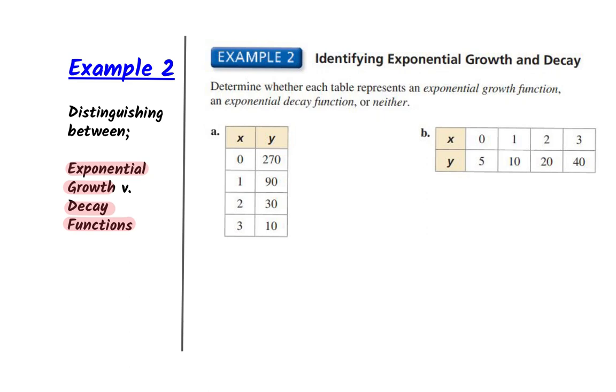We've got 2 tables. Your job is to determine if they're growing, decaying, or potentially neither. The first thing you do with every exponential table is see how your x's are changing, and all of these are increasing by 1. Then how are your y's changing? In this example, they're getting smaller. And if you need to think about how 270 multiplies to become 90, you can always work backwards. So instead of trying to multiply by something to get 90, you can take 90 and divide 270, and that will give us